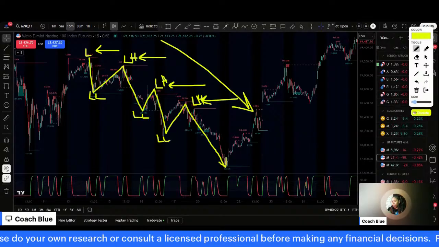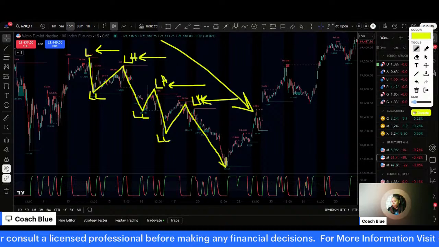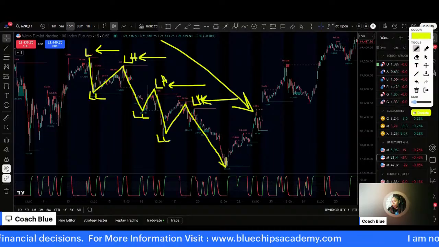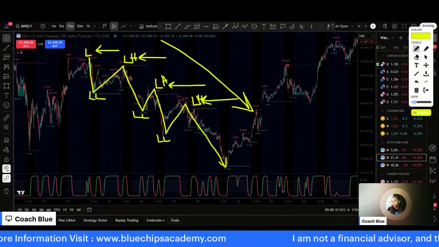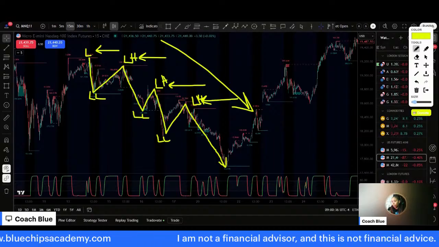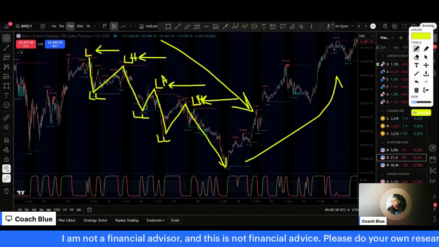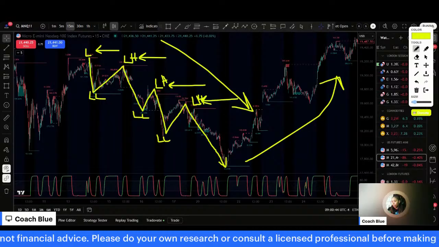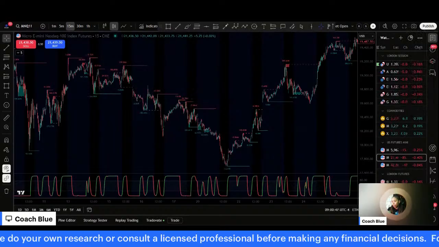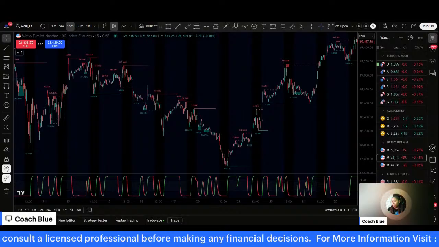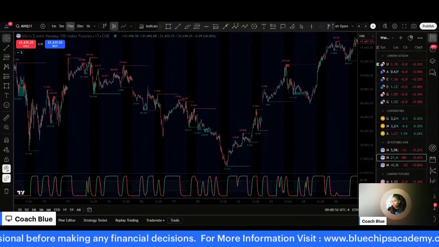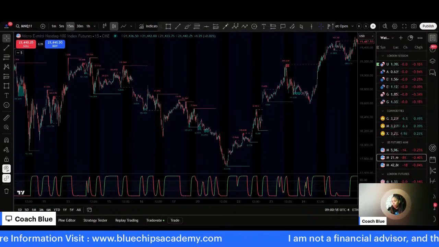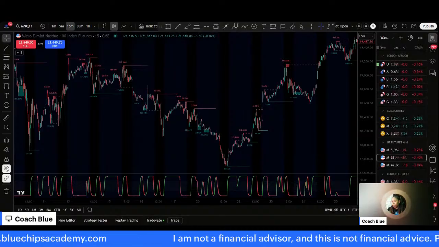You want to trade with the trend, not against the trend, because we can clearly see the momentum of the market is that the sellers are in control. That's why the price is moving down, or the bears are in control. For the uptrend, you can see the bulls are in control, and price moves to the upside. So we want to look for buys. Now that we have a clear understanding of what to look for in market conditions, we want to identify what market condition we are currently in right now.